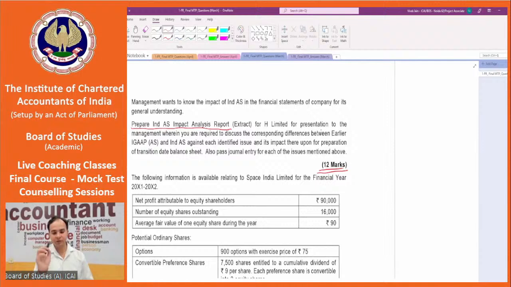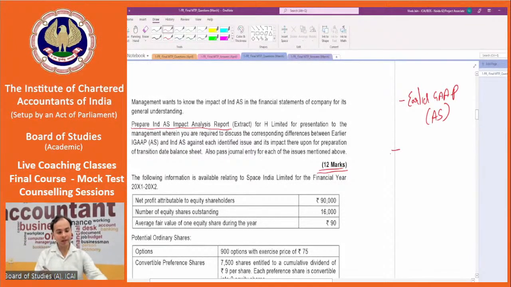So the question specifies that you have to discuss the corresponding differences between earlier GAAP, that is accounting standard, and Ind AS. So we would make one column of earlier GAAP and one column of Ind AS also, and its impact thereon. Further, see the conditions. We should also see the impact, what impact it is going to create